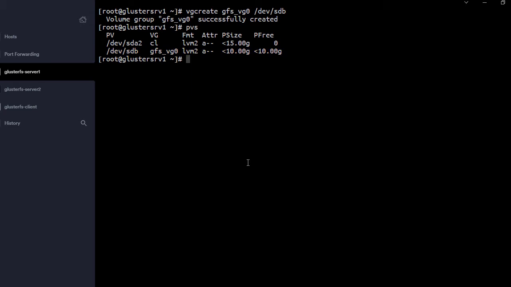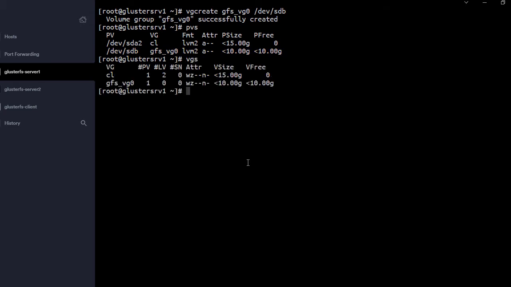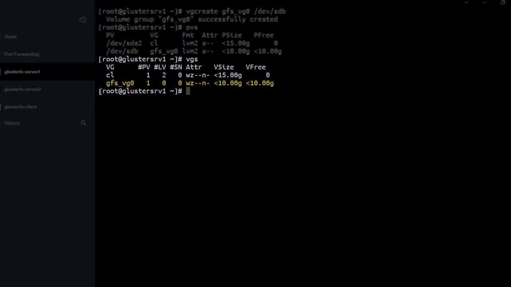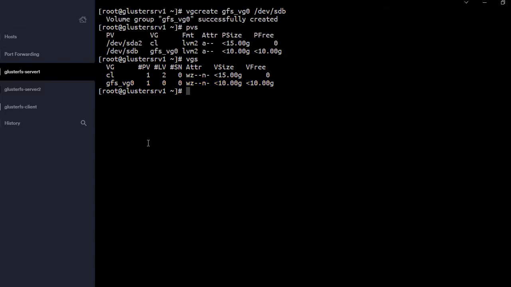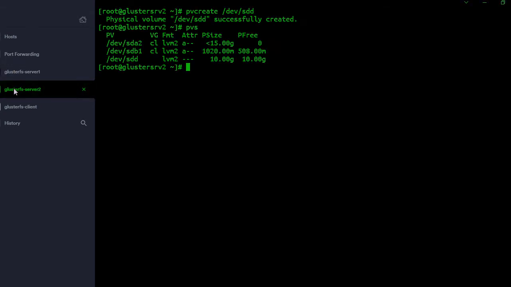Okay, and there's another command as well, vgs, volume group show, and here we can see that there's a volume group now, gfs_vg0, and inside this volume group there is one physical volume. Okay, and the size of the volume group is 10 gig, and out of that 10 gig, the entire space is free. Okay, nice. Now let's do the same thing in another server.